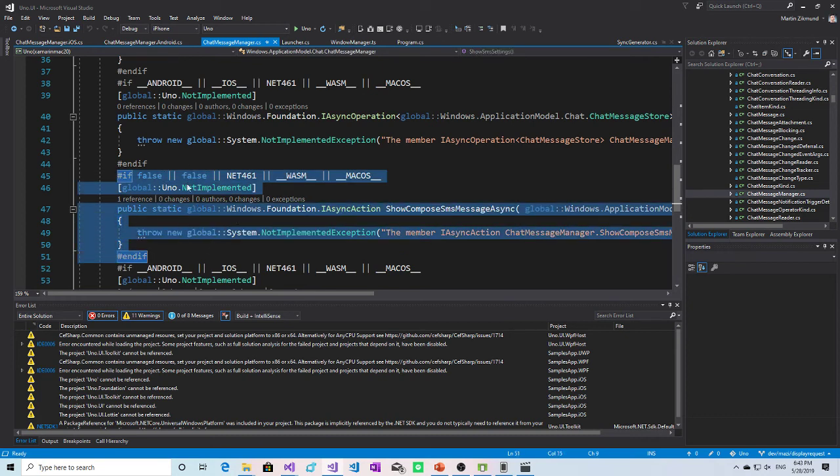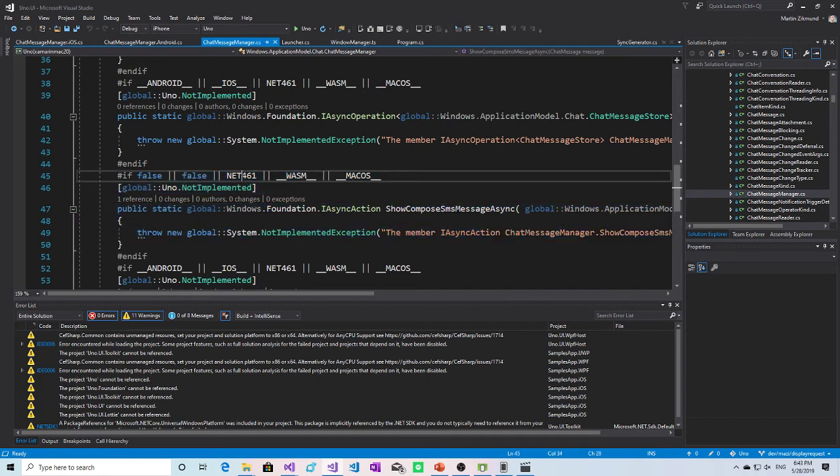And this is still not implemented on desktop, .NET 4.6, which means WPF, WebAssembly, and macOS. But it is implemented on iOS and Android, which is denoted by this false here.